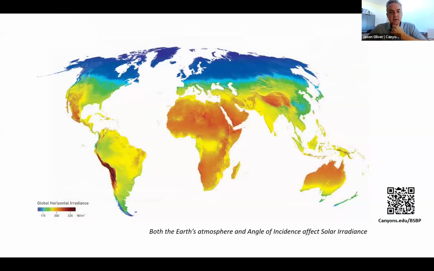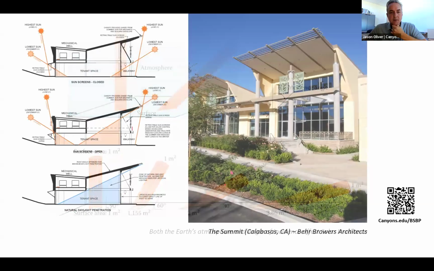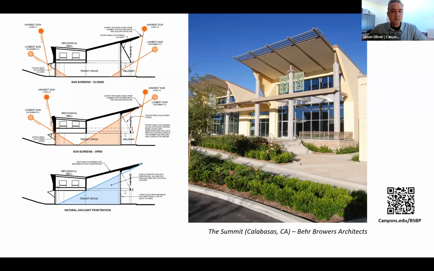Yeah. So, an interesting one, I'll go forward a couple slides to this one here. This is a retail center. It's a speculative retail center, meaning the developer didn't have tenants lined up when he built it. I think the design went from about 2006 to early 2008, and it was designed with a variety of passive, sustainable features. But one active feature that we'd incorporated, and I was the project architect on it, was the idea of a motorized shade device that would basically allow the upper band of windows to be shielded from the